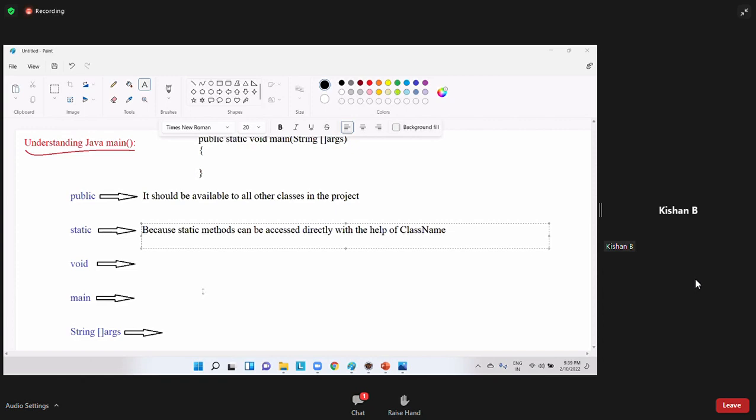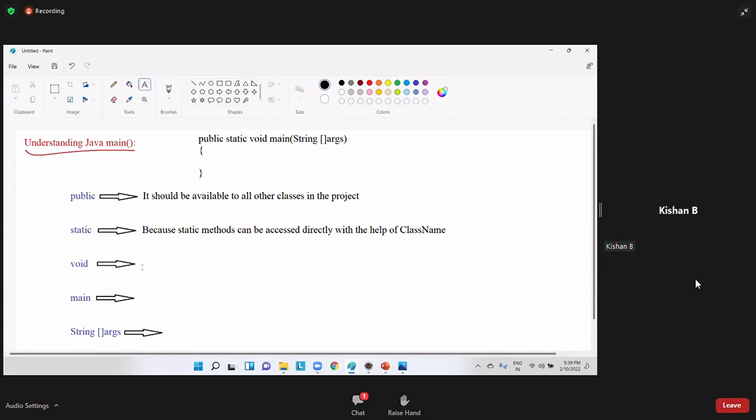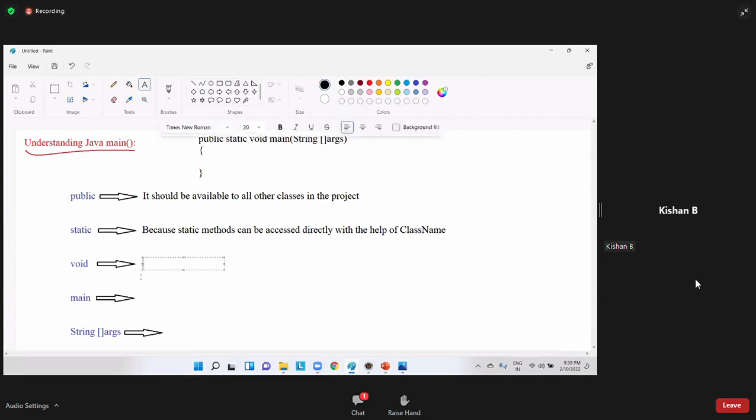Now, void. Why should main method be declared as void? Guys, a Java program execution should start from main method and end with main method. Am I right or wrong? You already know that. Yes? Okay. For example,